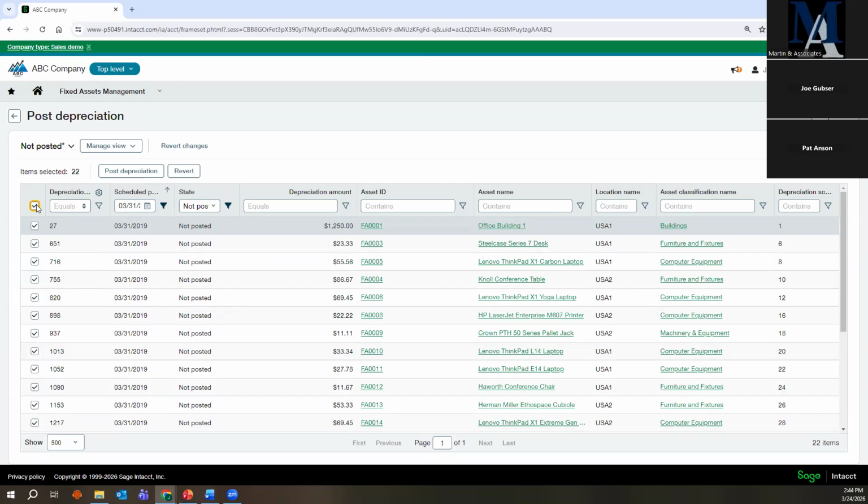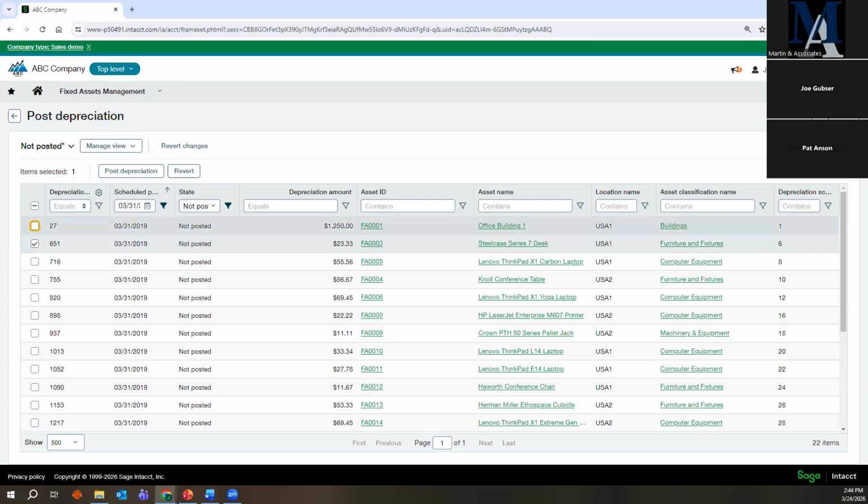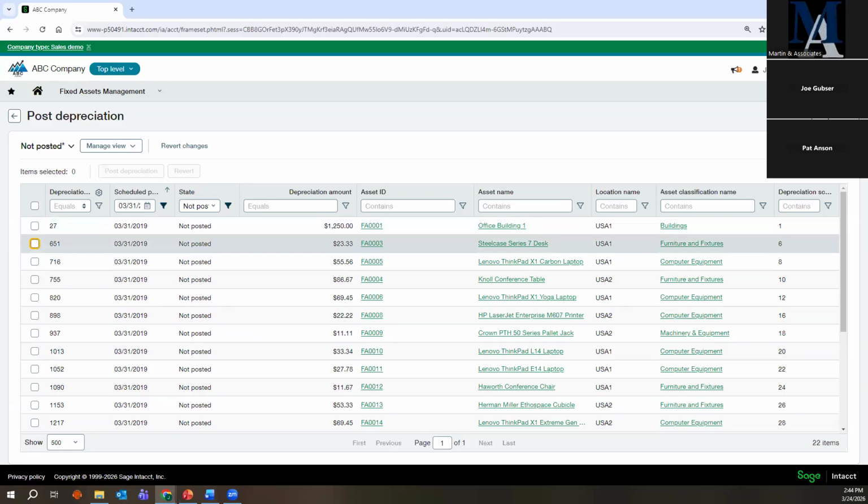Now, if I need to reverse a depreciation calculation for whatever reason, I could do the same filtering for what data I want to reverse. I could pick these and I can say revert, and it will revert that depreciation calculation. Okay, so you would use the revert depreciation. If you need to place an asset back in review, you would want to revert all the depreciation for that asset